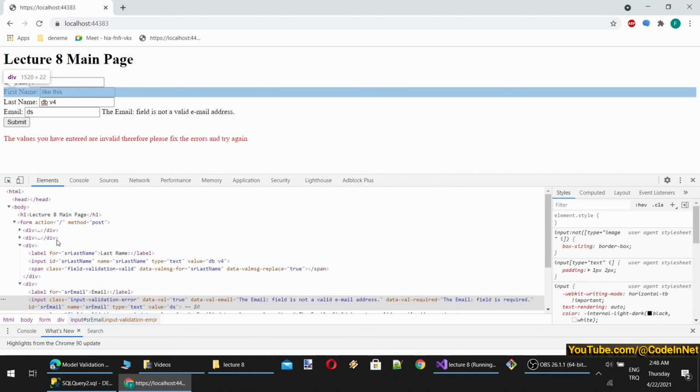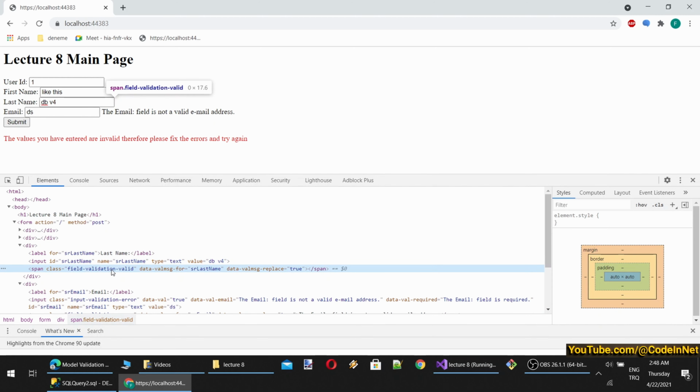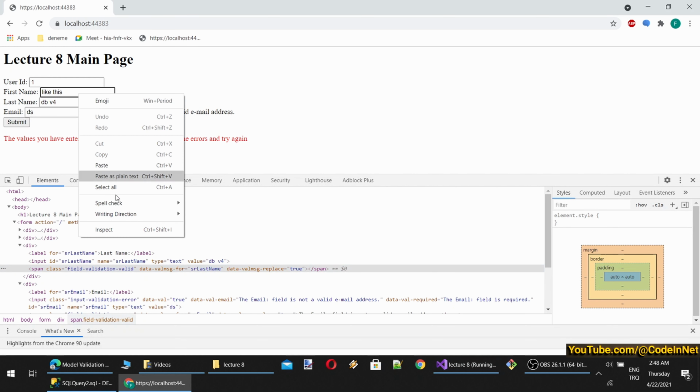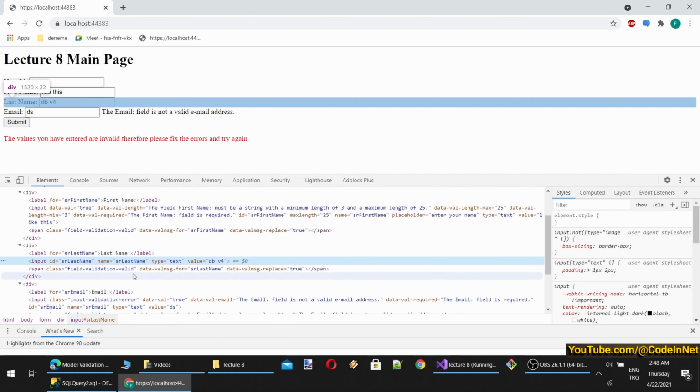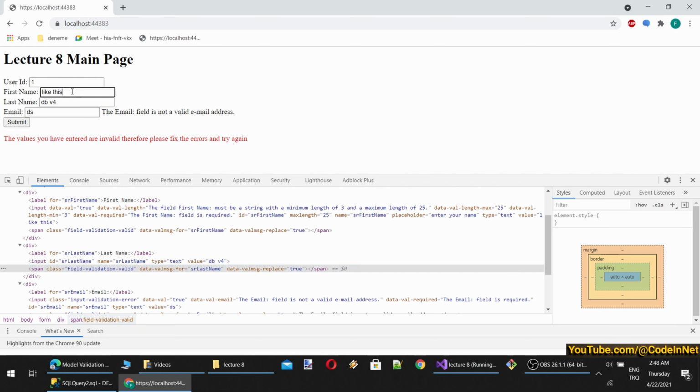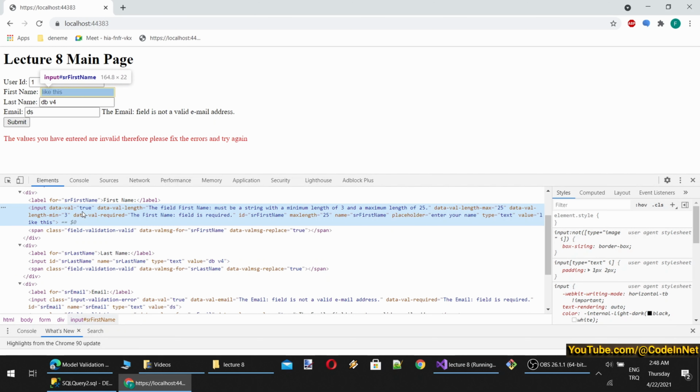And when we check other ones, okay, so there is also the field-validation-valid class. Actually, there is no validation for this one. Let's check this one. Since there weren't any validation, it didn't generate anything. It is just like this. And when we check this one, okay, so it has added input data-val-length, data-val-length-max, data-val-length-min.